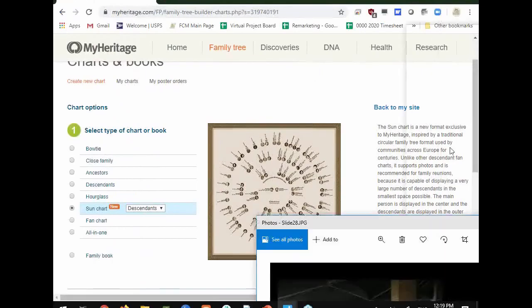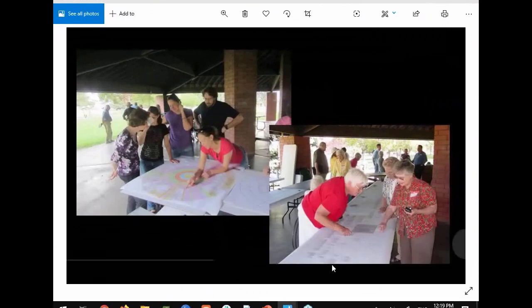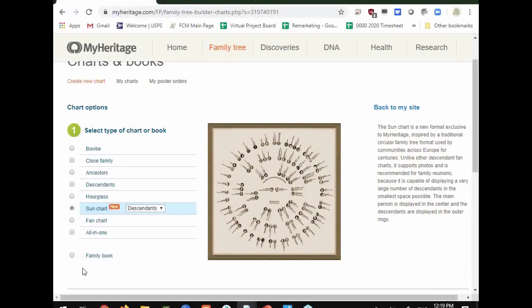It's a great reunion activity. I'll show you a couple more pictures here. It's good to lay them out on tables and let people interact with them. And these kind of circle charts and big charts like that work well. Now, there's a couple of options here for descendant charts. And like I said, this sun chart is a really good way to